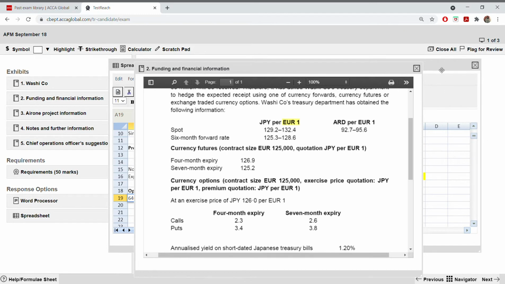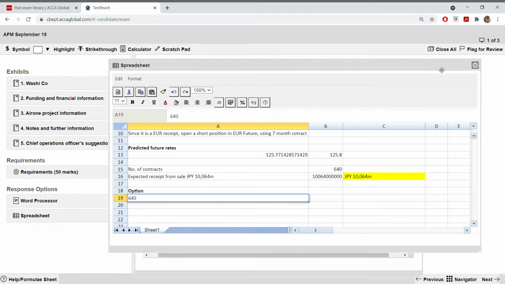Otherwise, normally, in other questions where these options are there, and it's a foreign currency receipt, and the contract is priced in some other way, not in this way, then it's a call option, because it's a foreign currency receipt. But in this case it's a put option because of the way it is priced. Okay, 640 7-month put option contracts